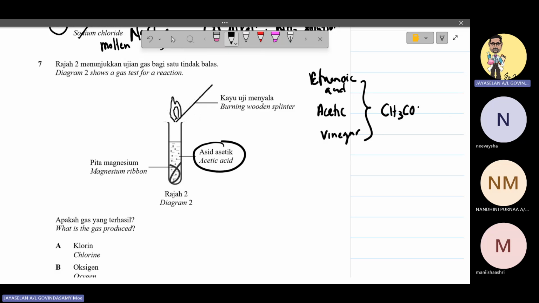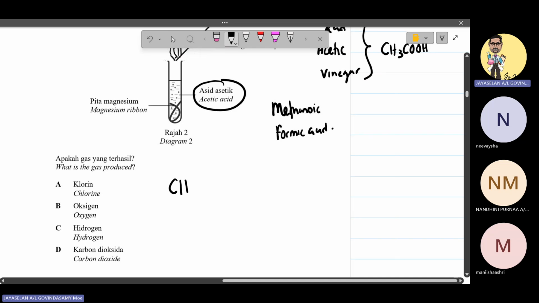The formula is CH3COOH. Again, the common name of methanoic acid is formic acid. If you are watching the recording, can you get that? So here, what do you do? Ethanoic acid